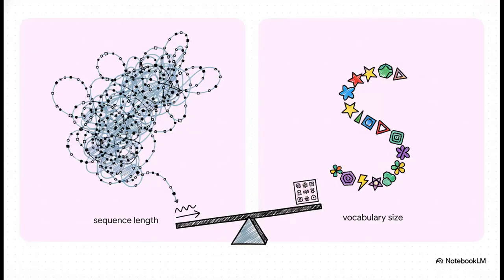And this right here reveals a really critical trade-off at the very heart of how these models work. See, we could represent text as a super, super long sequence of just zeros and ones. But instead, tokenization gives us a much, much shorter sequence to deal with in exchange for having a larger vocabulary, about 100,000 unique symbols or tokens. And this is absolutely key for making the whole thing efficient.